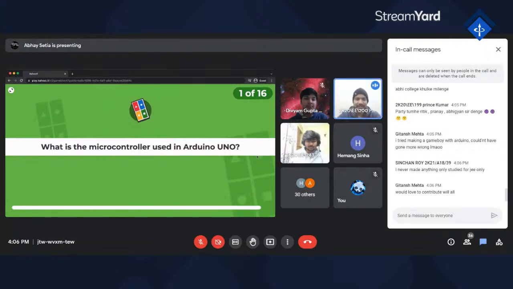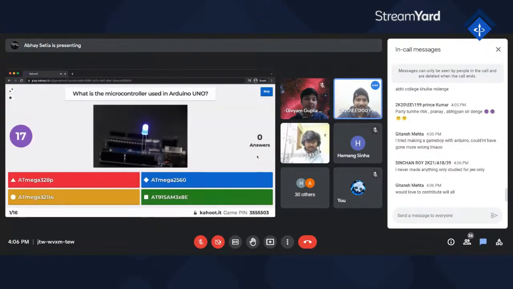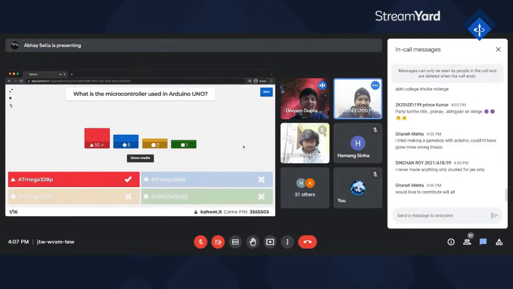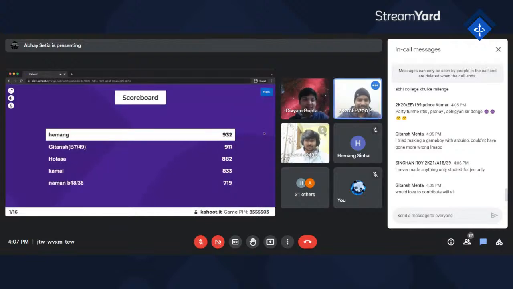तो guys, पहला क्वेश्चन तुम्हारी क्विज का, what is the microcontroller used in Arduino board? बताया गया था ये PPT में, अगर किसी को ध्यान हो। Yes, this is the very basic question. Ten people have guessed it correctly. Let's see who gets on the top. हेमांग सर जस्ट नाम फॉर इन्फॉर्मेशन आ गए, ये सबसे ऊपर हैं। ये मैं नहीं हूँ, ठीक है, जस्ट फॉर इन्फॉर्मेशन.